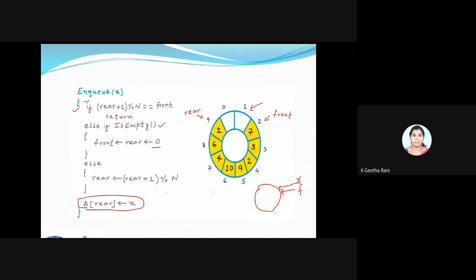So when will I tell my NQ is full? When my front and the rear are going to have the same value, then I will say my circular array is going to be full. So when you perform these values for this condition, I'll be having 2 equal to 2. At that time it stops. But at that particular point my rear will be 1 and my front will become 2.